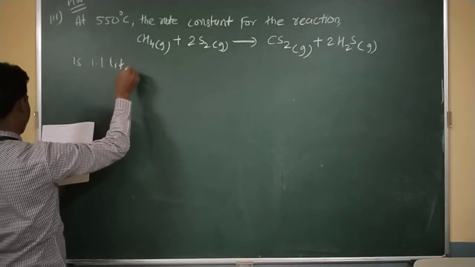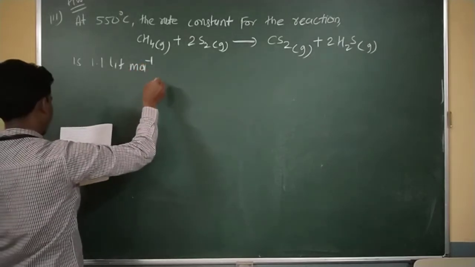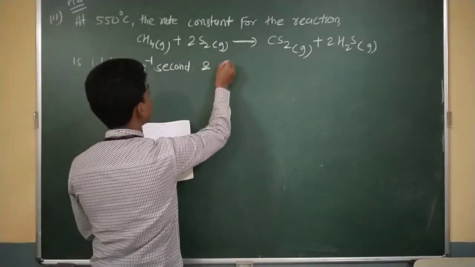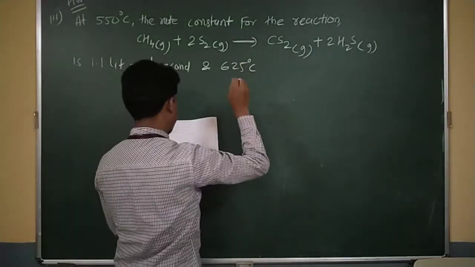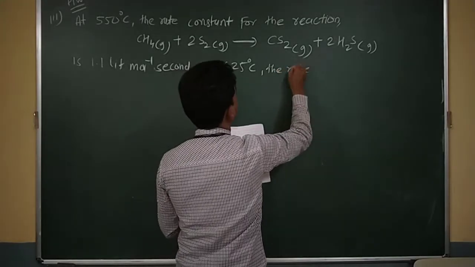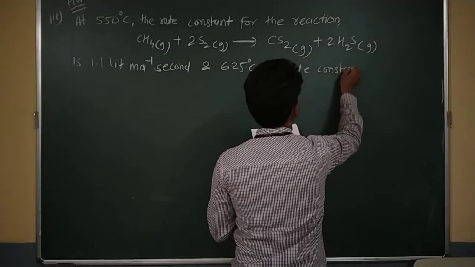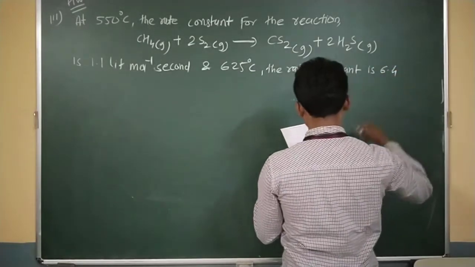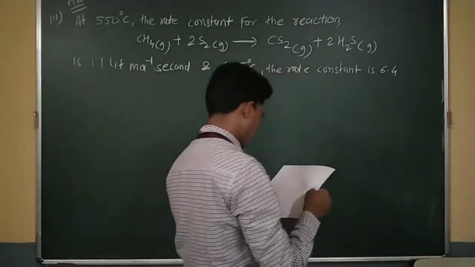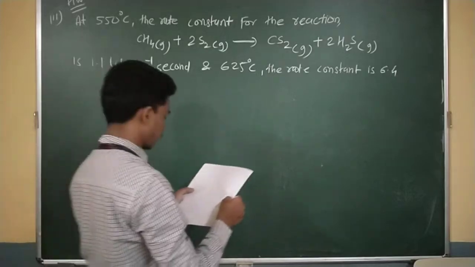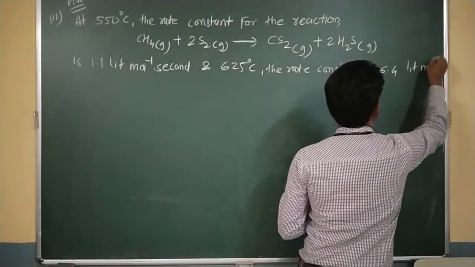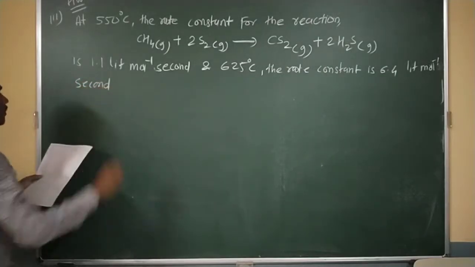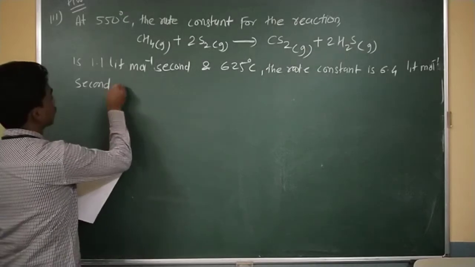1.1 liter per mole second, and at 625 degrees Celsius, the rate constant is 6.4, okay, 6.4 liter per mole second. Calculate